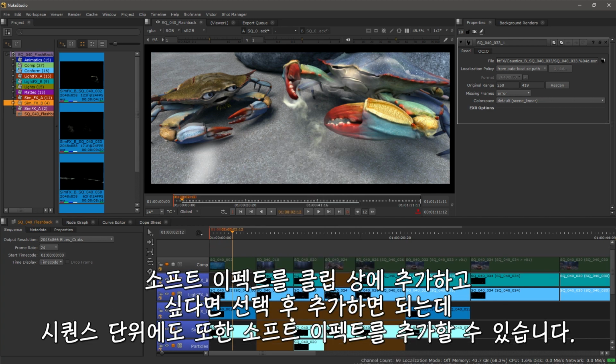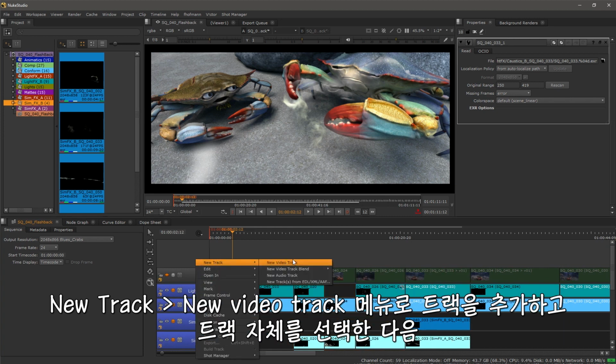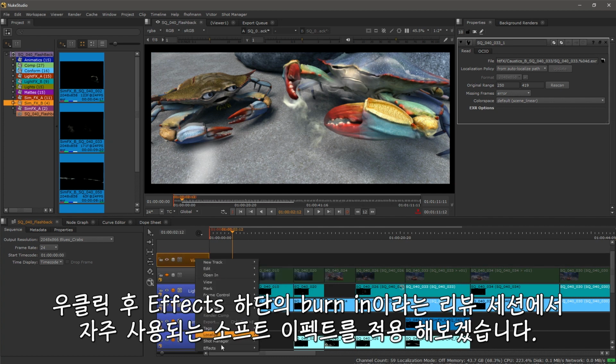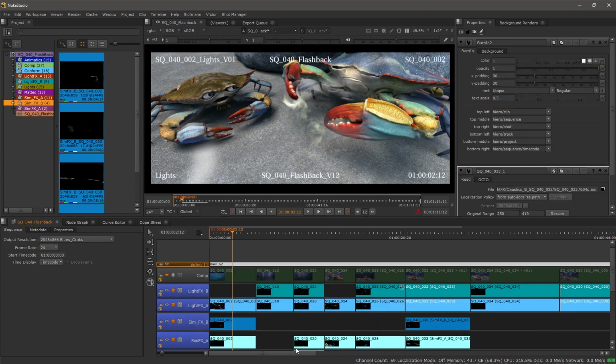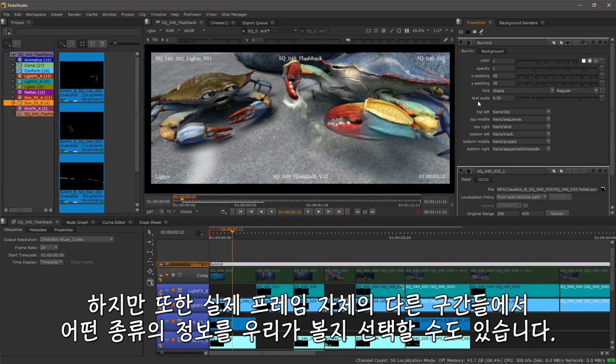Now, if we want to, we can be selecting it and adding a soft effect to a clip, but we can also be doing it at a sequence level. If I add a new video track, select the actual track itself, I can right-click and under effects, I'll do one of the most common ones, especially for review, which is the burn-in. Now from here we have all the properties for this where we can make any visual adjustments that we want to, but we can also be choosing what type of information that we are seeing in different areas of the